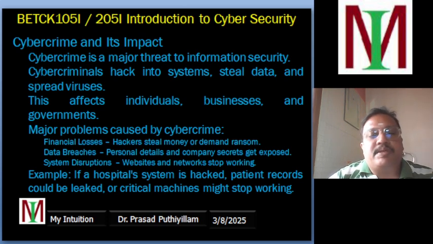They can also expose personal details through data breaches. They collect the passwords and the secrets of a company, which is called a data breach. Once they have the secrets of a company, if they sell them to another company, the original company will lose its business. So they will pay money to get it corrected. This is another form of cyber crime. They can also attack websites and networks, making them unusable.